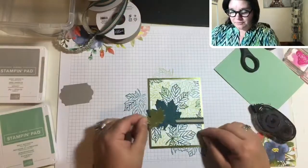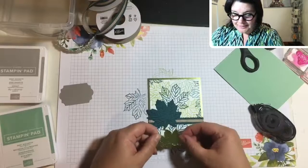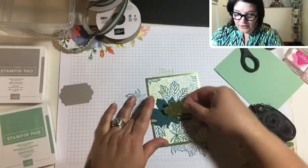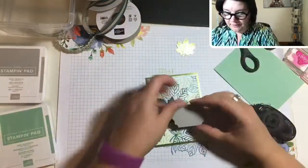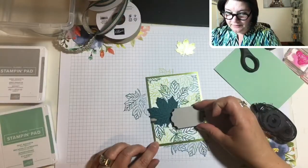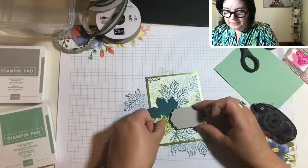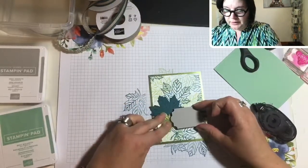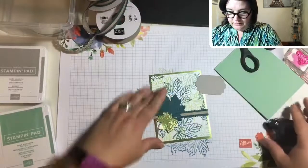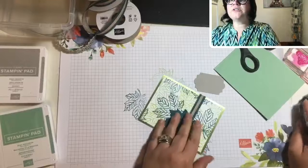Now, I decided to use one of these beautiful foil pieces that we cut out on this card. Might as well. Actually, I'm going to have a look here. Okay, I kind of want to have that down there. So let's make sure we don't cover up that whole leaf, because it's so beautiful. Okay, let's put it there. I almost wonder if I should pop it up because it's going to be